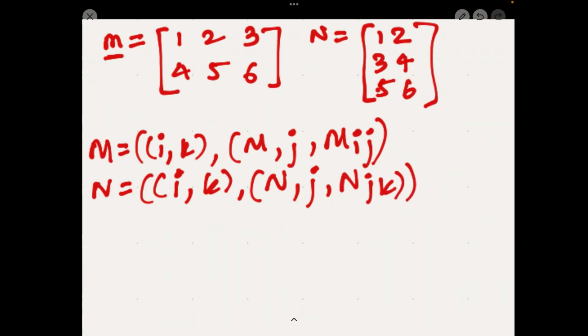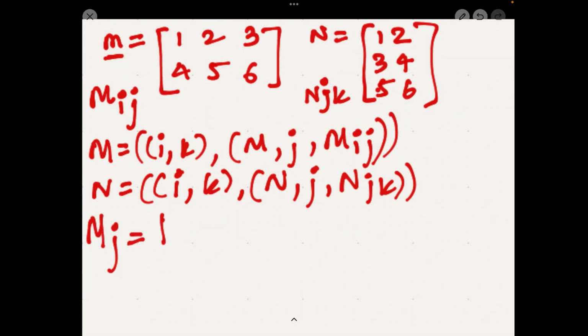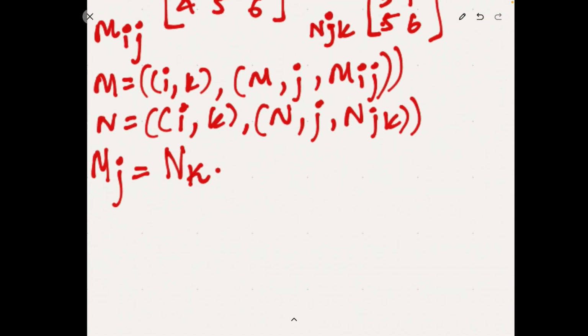So this is the only important thing that we have to note. Here M is going to be Ij representation and N is going to be Jk representation. So what j is for M is what k is for N. I hope this was not confusing. Anyways, let's get started and solve the question.